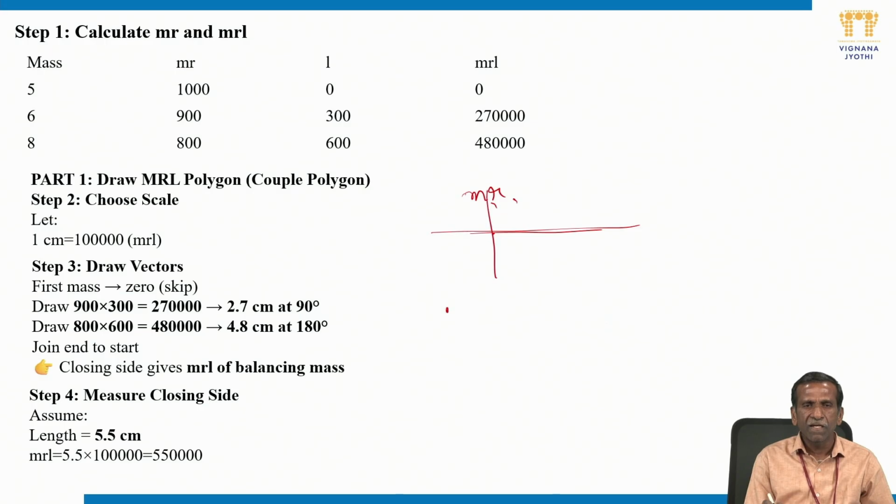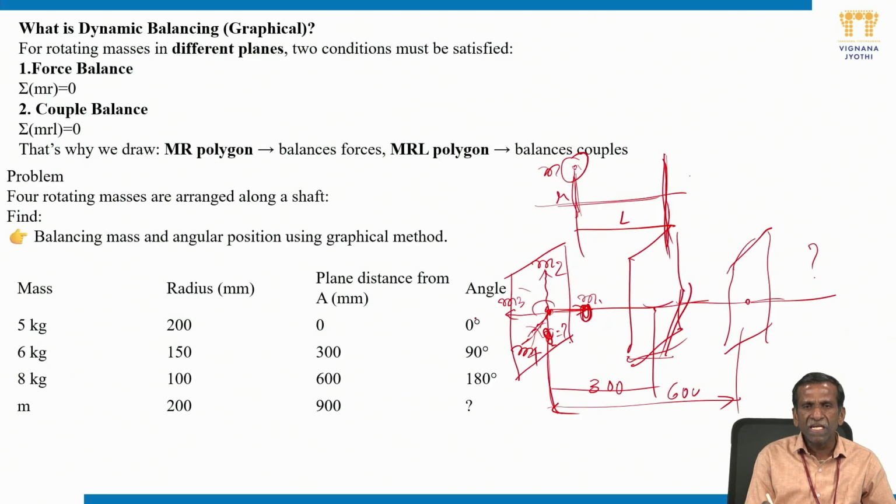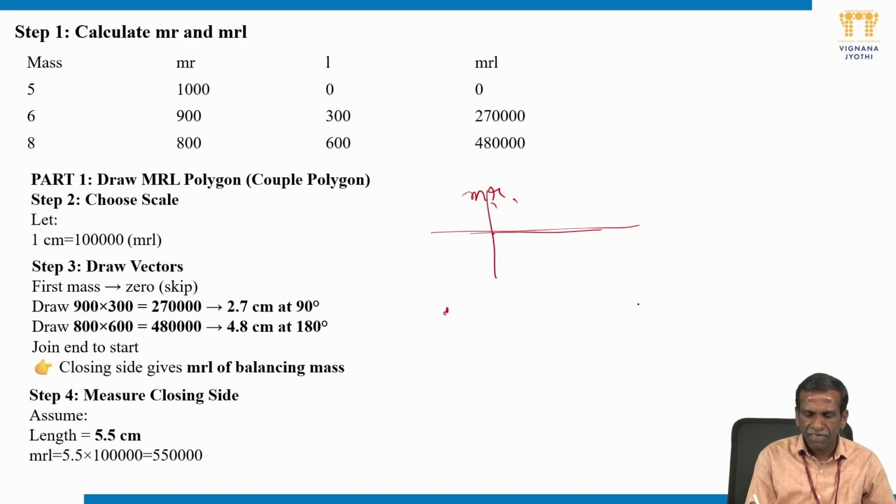2,70,000. So scale 1 lakh is 1 centimeter. If you take that scale, then obviously you will get the length of the second MRL value as 2.7 centimeters. First one is 0. Second one is 2.7 centimeters. Draw the line 2.7 centimeters. Okay, orientation is 90 degrees. I will start here. Second one, 2.7 centimeters, 90 degrees orientation, vertical line. Okay, vertical, with magnitude MRL,